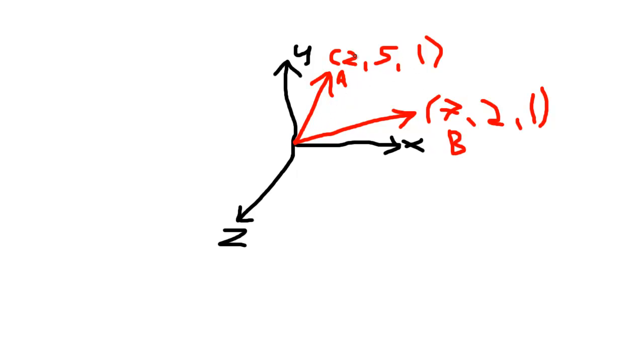So I can add vectors together. This would then create a vector 9, 7, 2, which would be, I don't know, up here. 9, 7, 2,